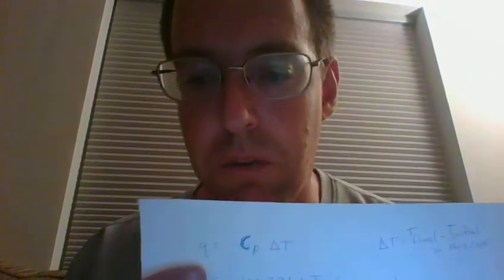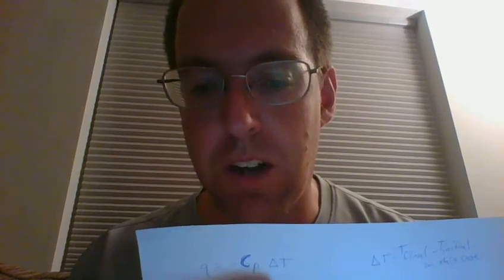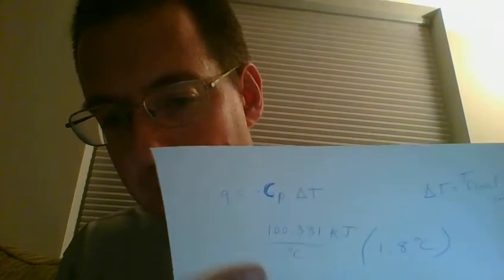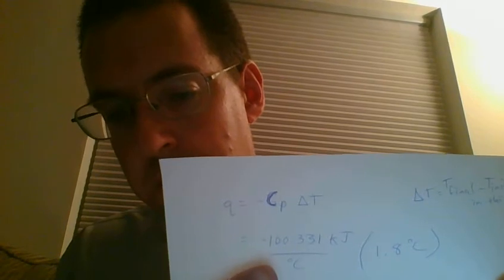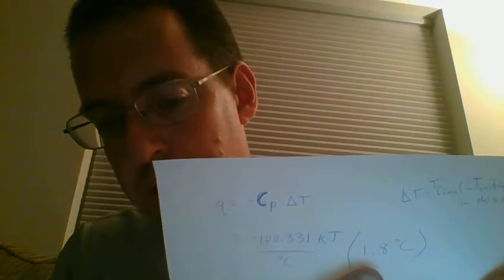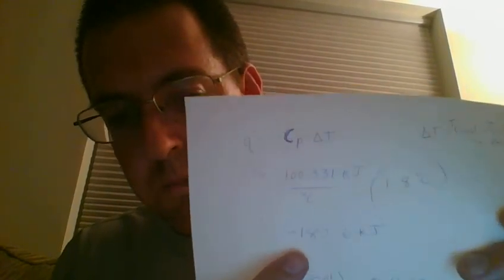All right, so since we're using a bomb calorimeter, let's go ahead and start off by writing the equation for a bomb calorimeter. So Q, our heat, is equal to the heat capacity of the calorimeter times delta T. In this case, delta T is going to be the final temperature minus the initial temperature. We have the heat capacity given to us in the problem, and our temperature change is given as well. So if we multiply these two together, we're going to end up with minus 180.6